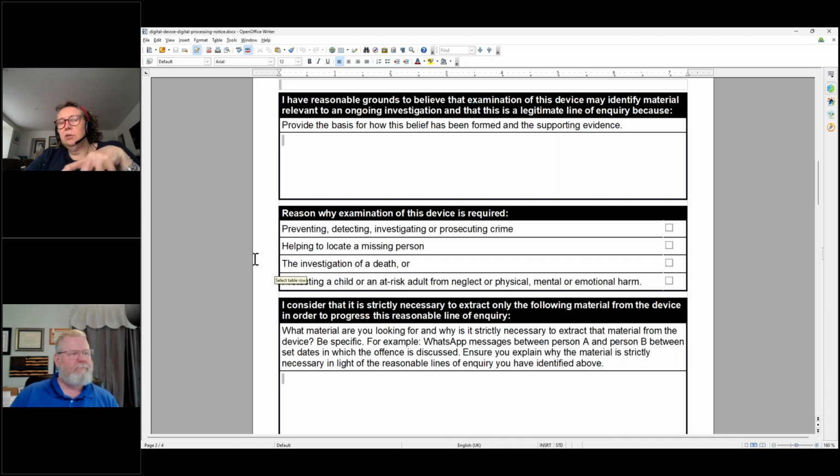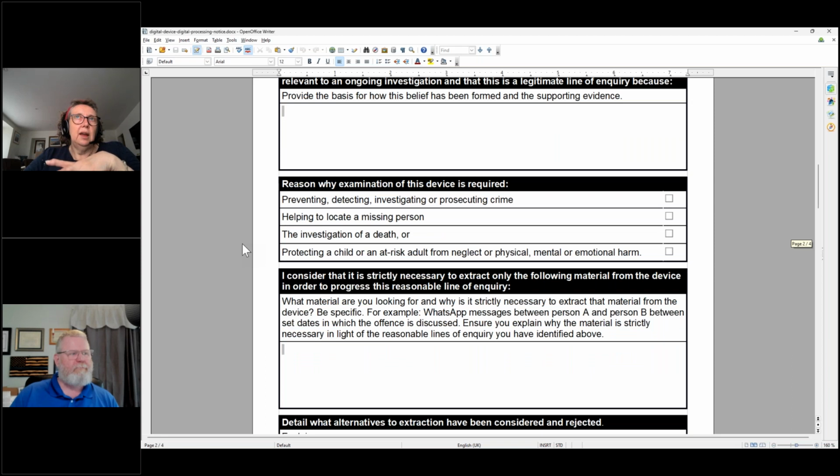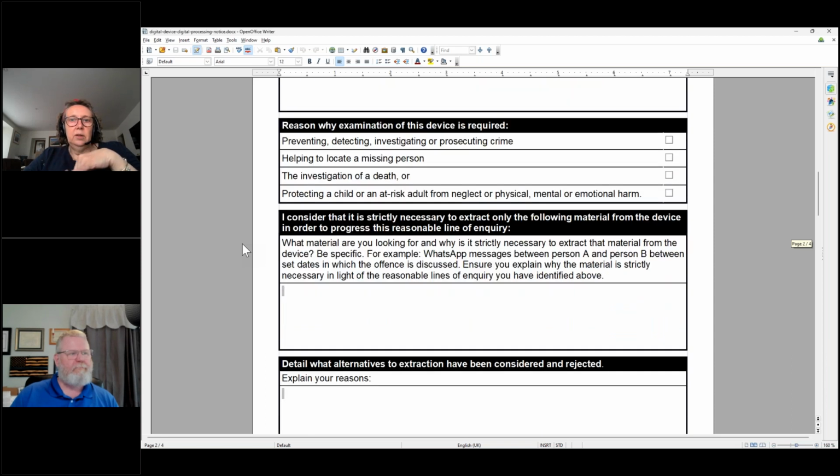We have to tell them what we're going to do, how we're going to do it, and give them the option to learn what will happen if they refuse. We're not allowed to say things like we'll drop the case if you don't continue.